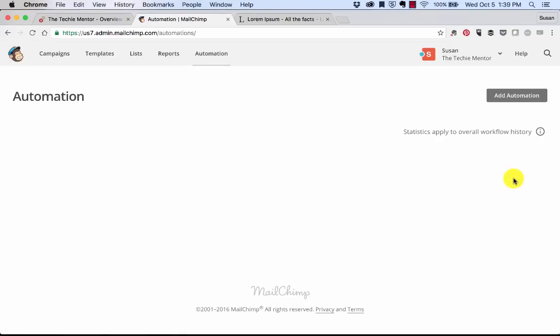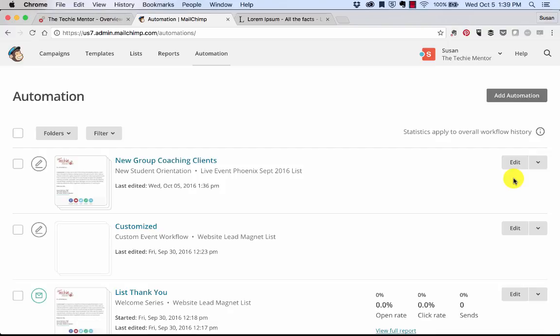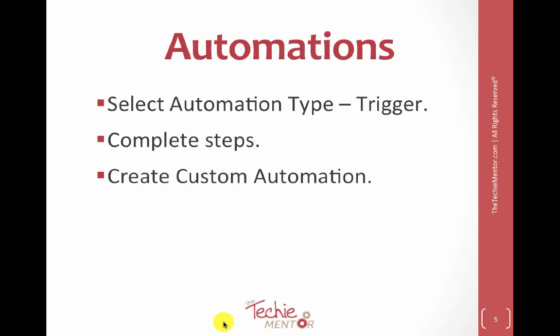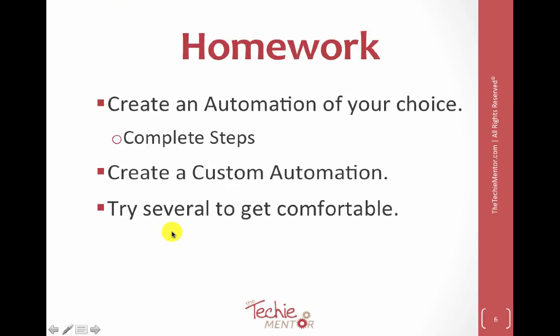So remember, automation is similar to autoresponders follow-up sequences. There's triggers that cause it to perform whatever action that you have. And then there's predefined ones that you can choose from. And some of those are going to include those integrations. Okay, so your homework is to create an automation of your choice. And what I invite you to do is try different ones, right? Try a custom automation, try a predefined automation. The integration ones we'll come back to, but I'd love for you to try to get comfortable with these because